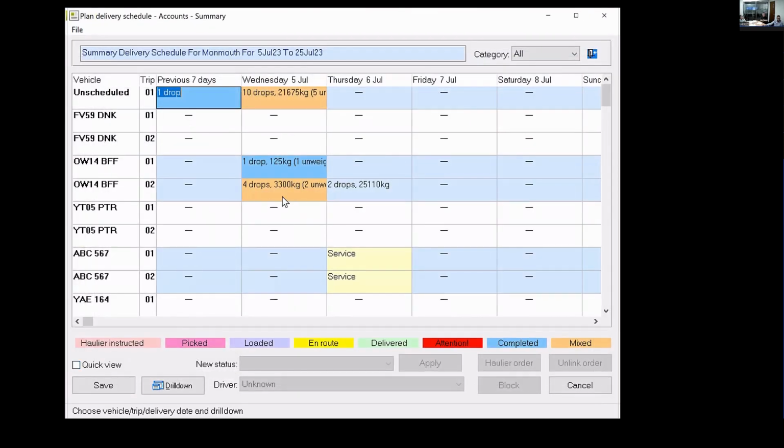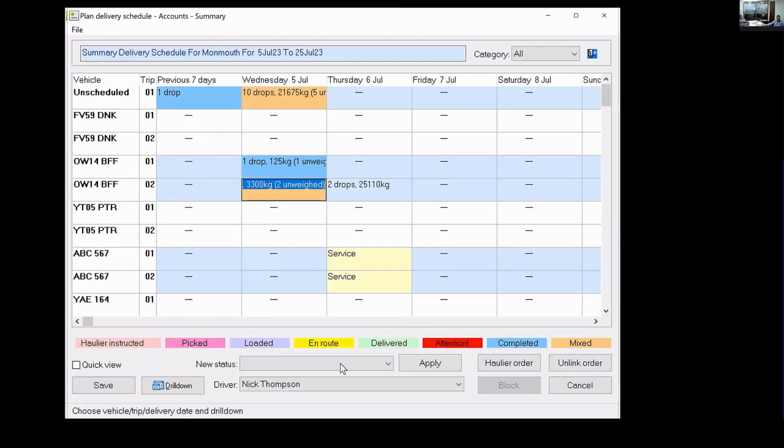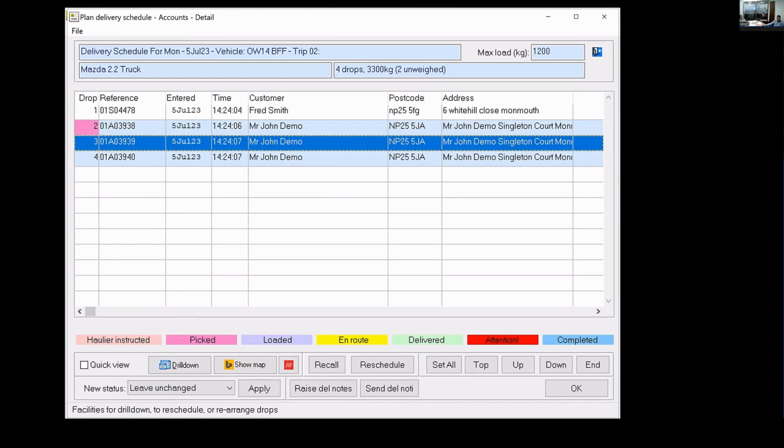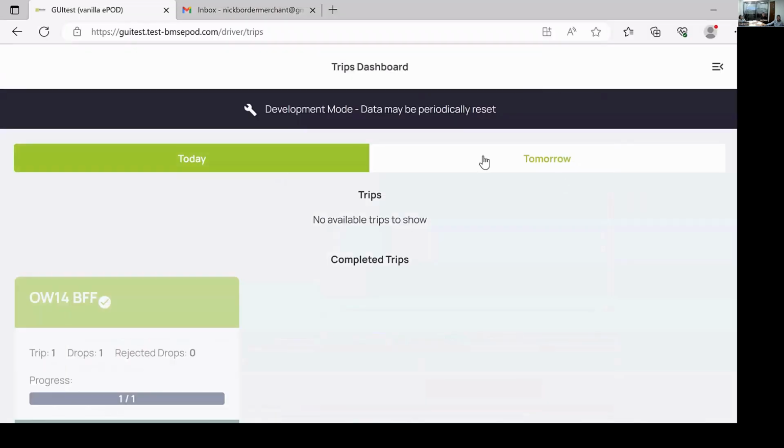So you can see now it's got an orange color to tell me that I've got mixed load. There's a key down to the colors down here at the bottom. So it's a mixed load because I've now got one with the status of picked and one with the status of loaded. If I go into my emails